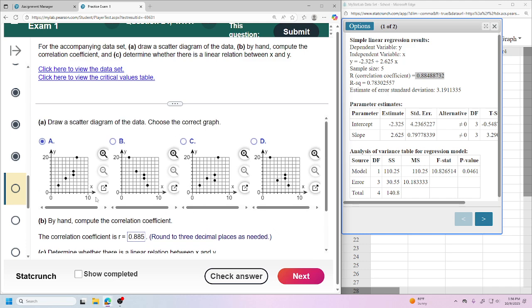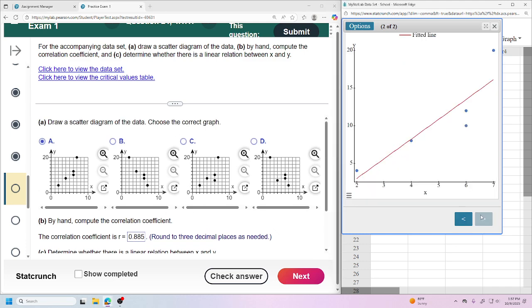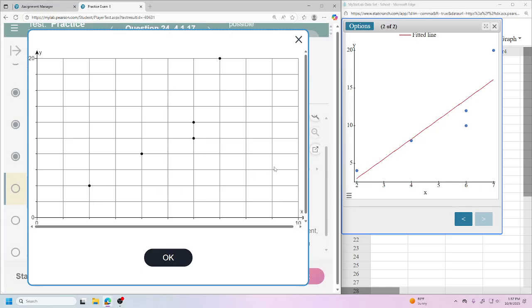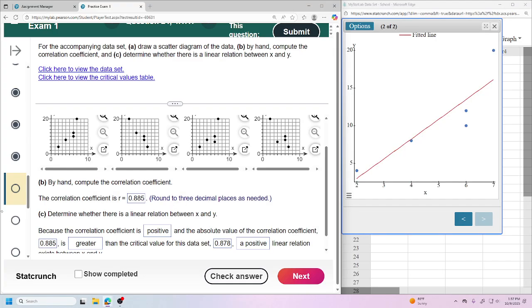Oh, I think it's A. Because again, if I go back, see how I've got these two, but this dot right here is lower than those two guys? No? Here, let me zoom in. See, I'm looking at those two dots right there, and then it goes up to get to those two. See how it goes a little higher to get to these two? I think that's what it is. Is that okay? Cool. Keep cruising.